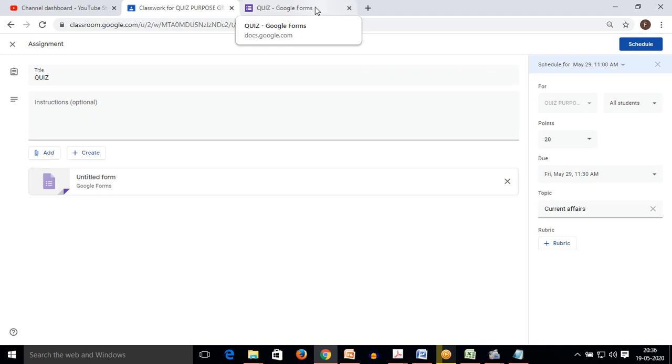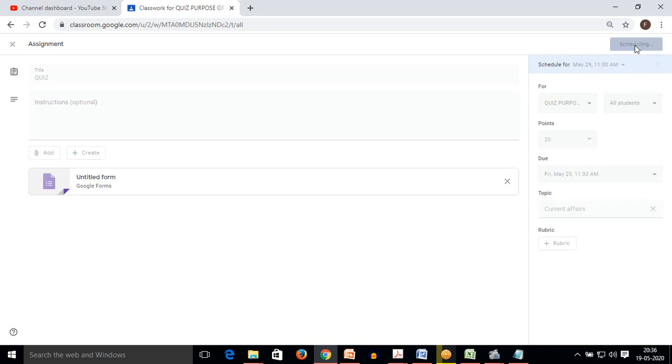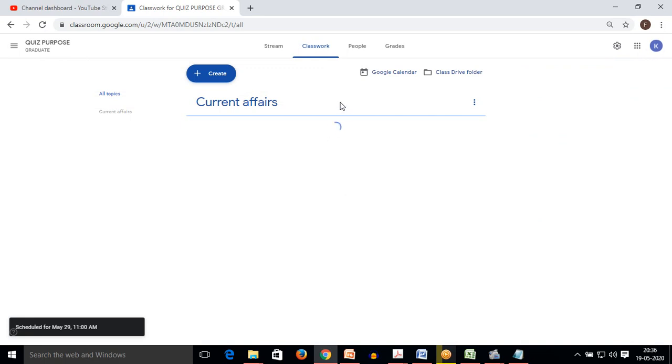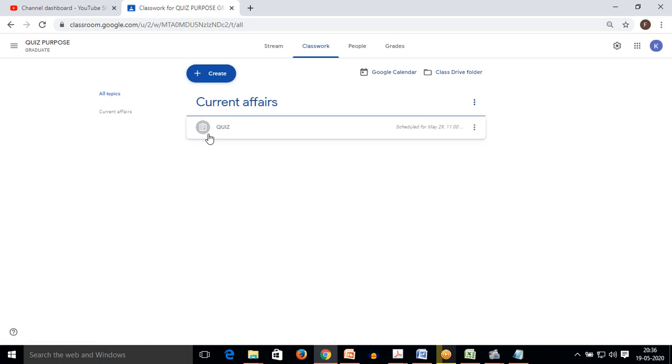So once I am done with that, I will just schedule it because I have already set all the parameters. Okay, and I will just schedule it. So you can see in the page that I created, that was quiz purpose for graduate, that the quiz has been added but it is not displayed in blue color because it has been scheduled.